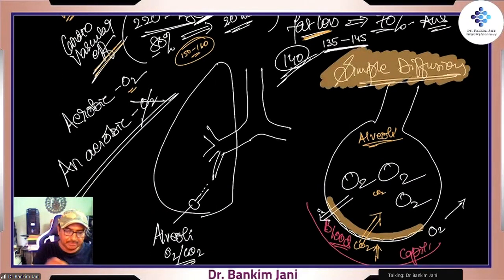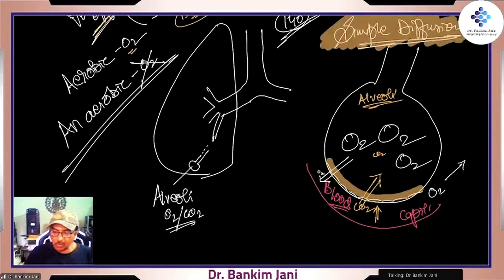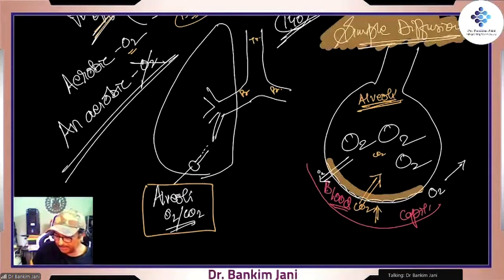Aerobic is when there is oxygen. Anaerobic is when there is lack of oxygen. In lungs, that's our trachea, right? Then that trachea divides into primary bronchus, and then they divide into secondary, tertiary, and it keeps on dividing all the way till it reaches the last part, and this is the alveoli. Alveoli is the functioning part, where the gas exchange occurs, right? And over here, these are the blood capillaries.